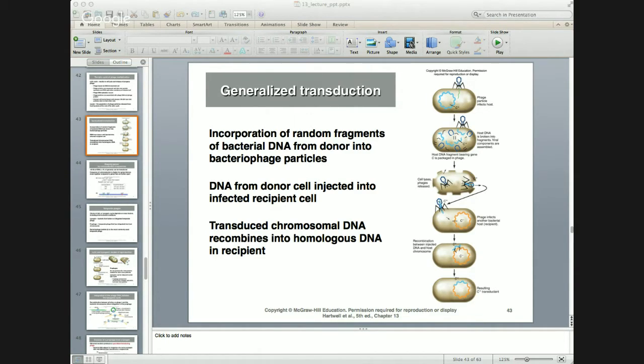The next step is to select one of them, use one of the genes as a marker. So for example, if you use thymine as your selected marker,